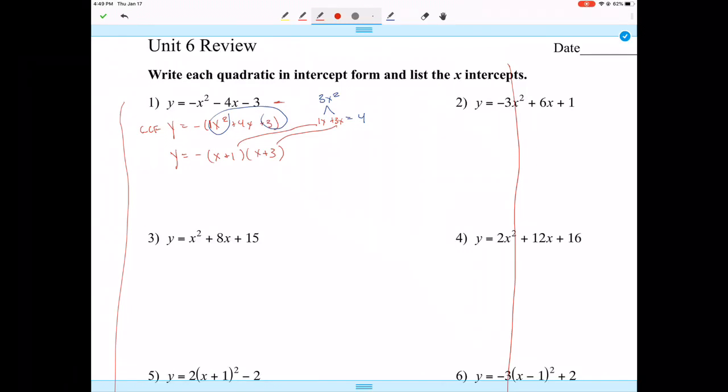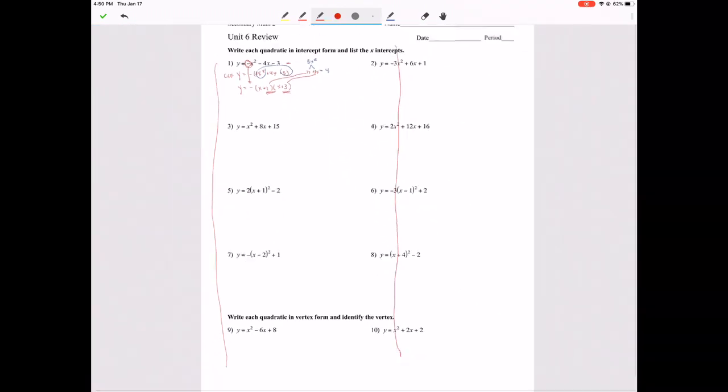Okay, if you were to do this problem, you can also just graph it in your graphing calculator. You would find your 2 x-intercepts, and you would plug those in for your P and Q, and then you'd realize that A is -1, and you would keep it there as a negative, okay? All right,